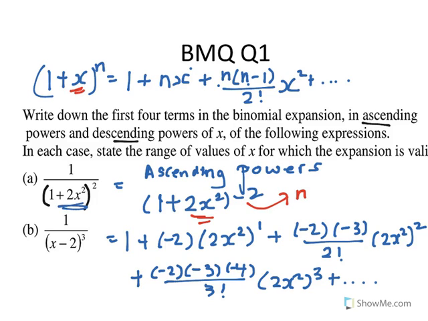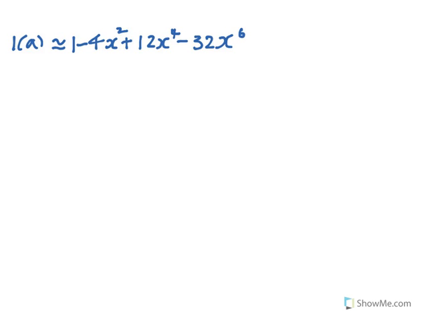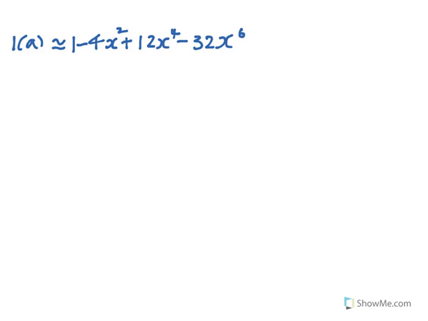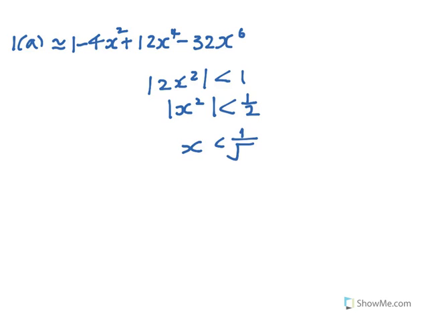Here you see we want our x to be small because we are going in ascending powers of x. Looking at our term, we want the modulus of 2x squared to be less than 1. So x squared less than 1 over 2, meaning x squared is less than half. We can also say that if you square root both sides, this is the same as x between